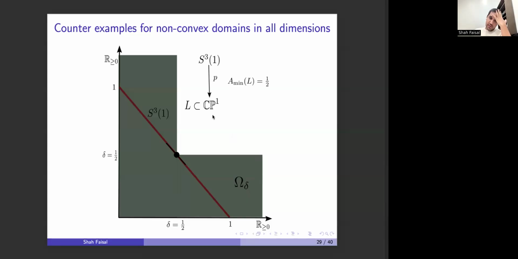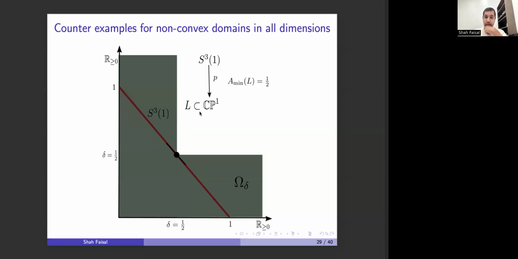So let's say CP1 has area 1. And if you remove that loop, it splits the sphere into two disks. And each disk has area 1/2. That's what I mean. So now if you take this kind of loop, you lift it, you get a Lagrangian torus. And that torus is basically extremal in this non-disjoint union of